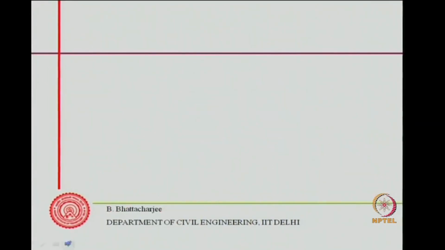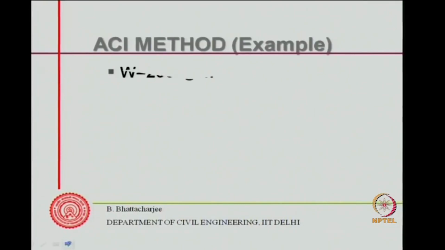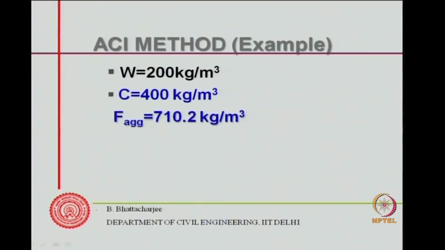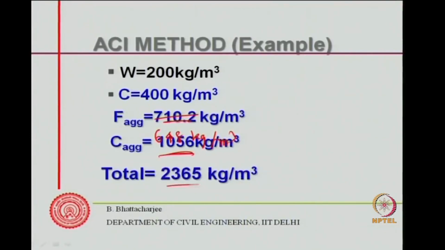So, if I put it together, from ACI method, I will get water 200 kg, cement 400 kg, fine aggregate 648 kg per meter cube, and I will have coarse aggregate 1056 kg. So, total sum, of course, there will be some change in this, there will be less 2%, because there is some amount of about 60 kg. So, this will be around 2305 kg per meter cube. So, this is how we can obtain the